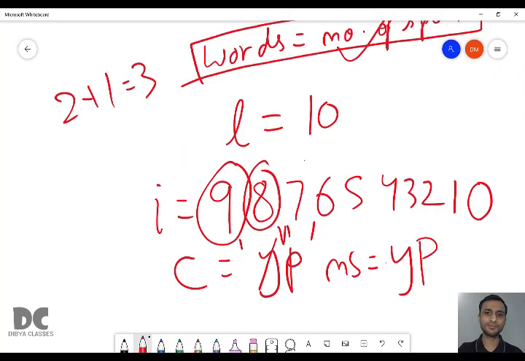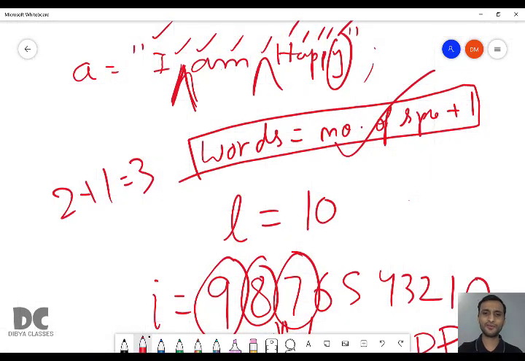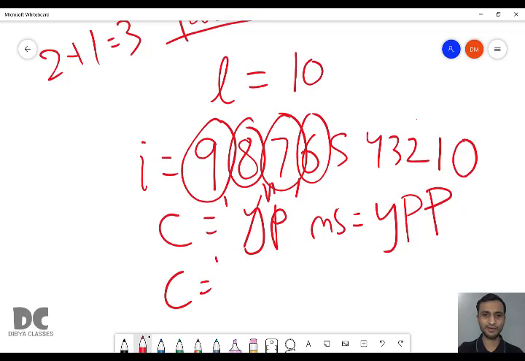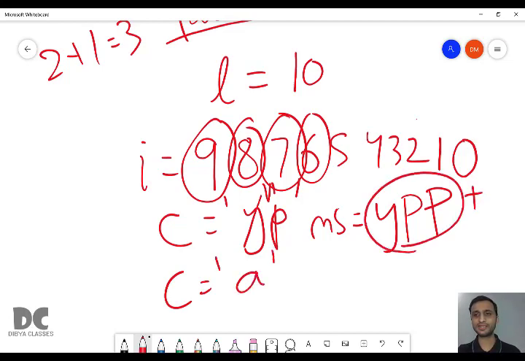Next, again the value will become 7. Again in 7, p is present. So ns, yp is already present, plus c. So we have ypp. Next time, the value of I will become 6, and in 6 we have small a. So in C we have small a, ns plus c, that is a.